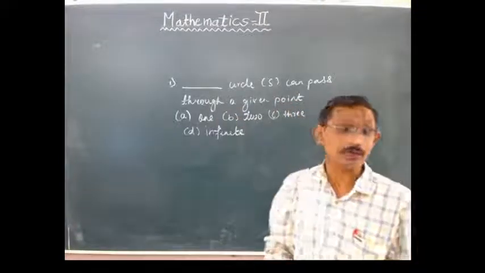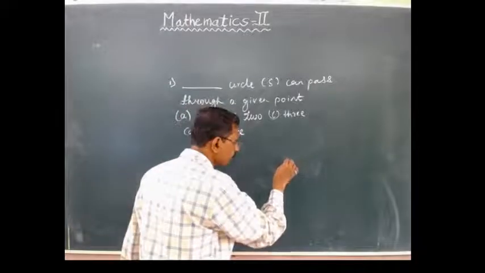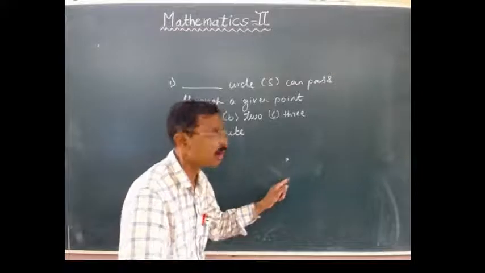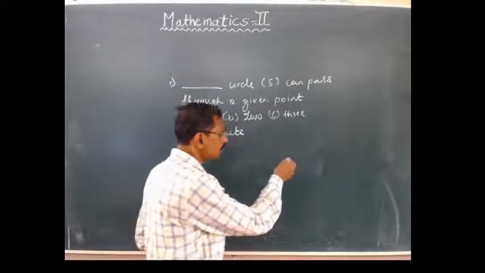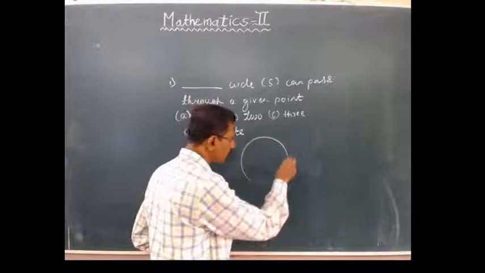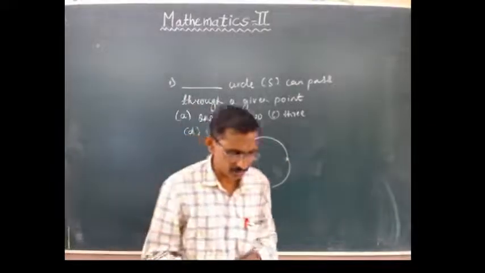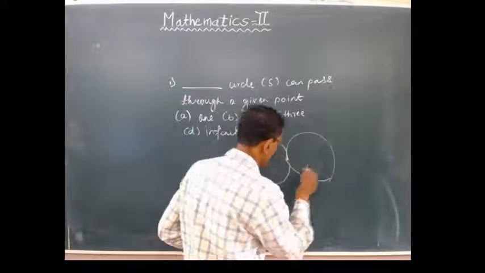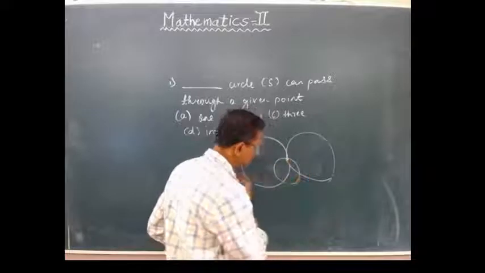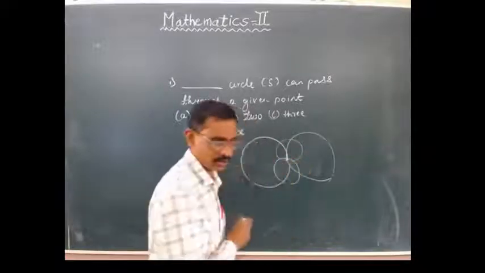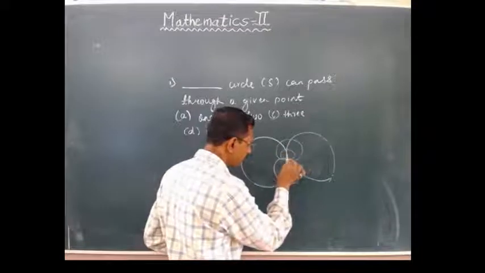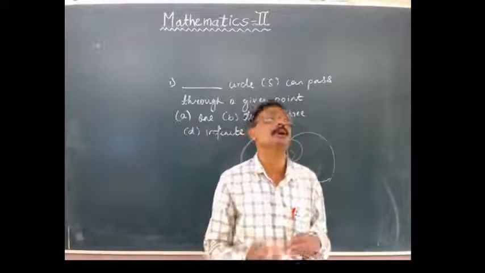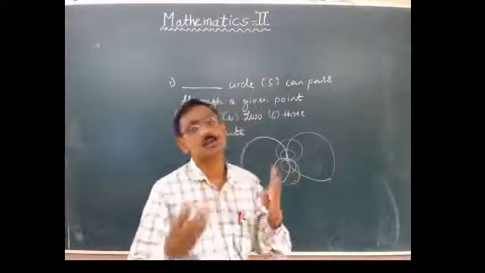Through a given point. Now, for example, we have got a point over here. How many circles or circle can pass through this given point? Try to draw it. 1 I can draw. 3 I can draw. 4 I can draw. 5 I can draw. 6 I can draw, and like this I can draw as many circles which are possible